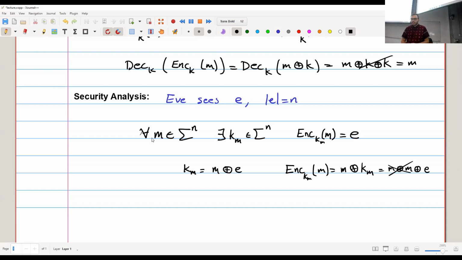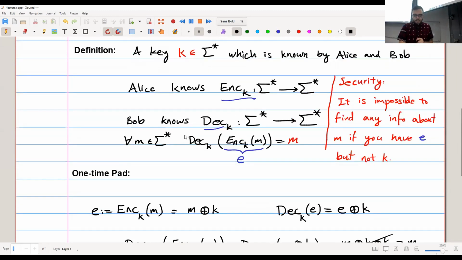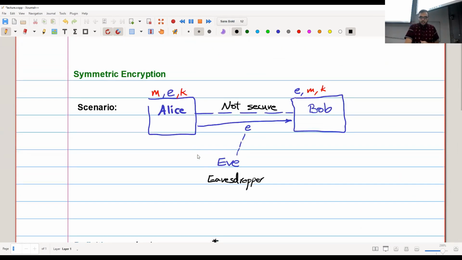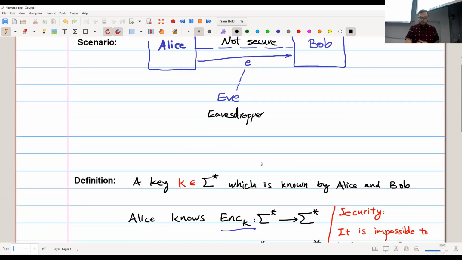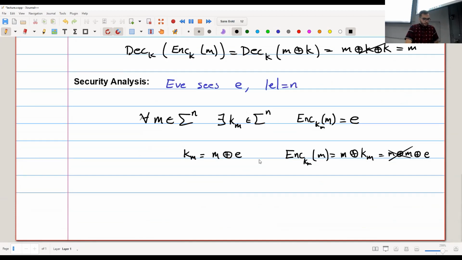So the M actually canceled out, and I'm getting E in any case. So for every M, it's possible to encrypt it using a particular key so that I get the same encrypted message that I'm seeing right now. Okay. So this proves that I have perfect security, perfect secrecy here. There is no way for Eve to find out what the message was, or to find out any information on the message. Okay. But now we have another point here, and the point is this analysis worked only when